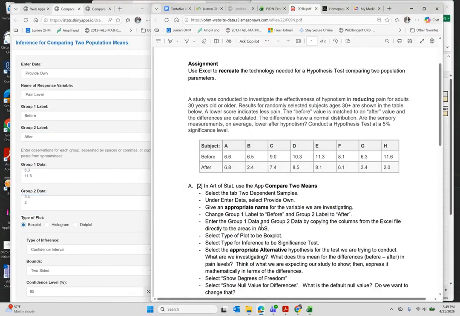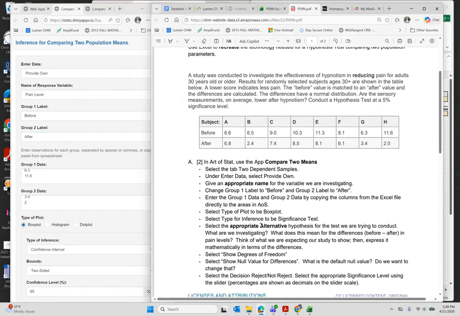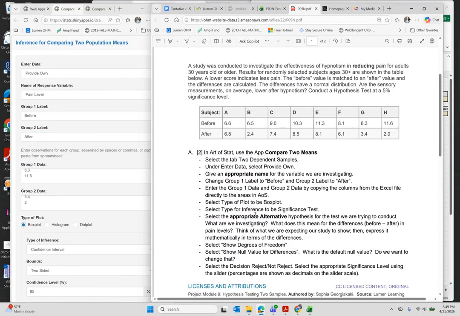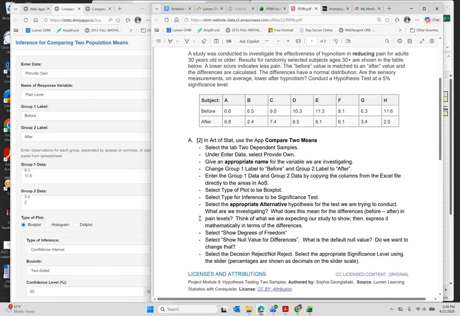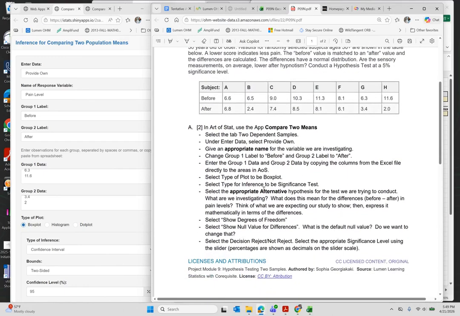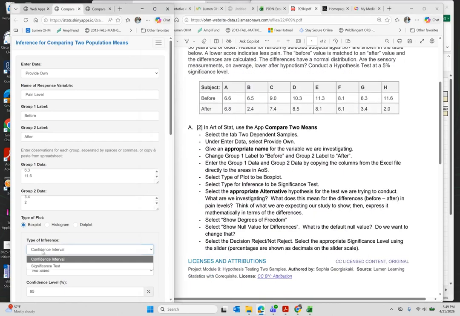And then it says select the type of plot to be a box plot, and it is already selected for me by default. Then it says select the type of inference to be a significance test, and I will change the confidence interval to a significance test. Select the appropriate alternative hypothesis